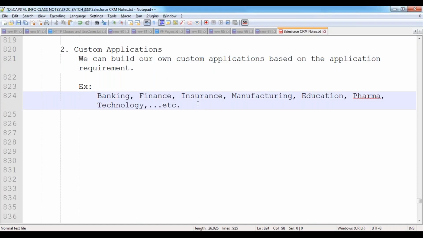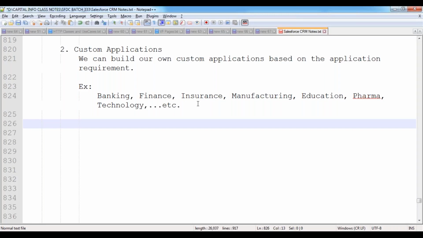So in this case, what custom application have we built? Suppose for example, today we are building a banking application. After that, we'll start utilizing this application. In future, after some time, if you want to add some additional enhancements to that application, can we do it? Yes, because the custom application is developed by whom? The administrator or the developer. That means we are the administrators, we are the developers. If I'm developing it on my own, then who is the owner? Myself. So as the owner, I will have full control over it.